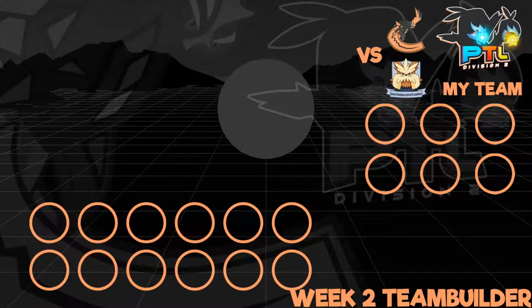We are in week 2 of the PTL, and this is a team builder for such. Our opponent is Gremlin and the Southend Stoutlands, and this, of course, is a team builder for that. This is a team builder. There's 3 times. So my opponent has a pretty interesting team. I'm going to go over that in just a little bit. There are lots of threats, of course, and we want to win, but our team is also pretty